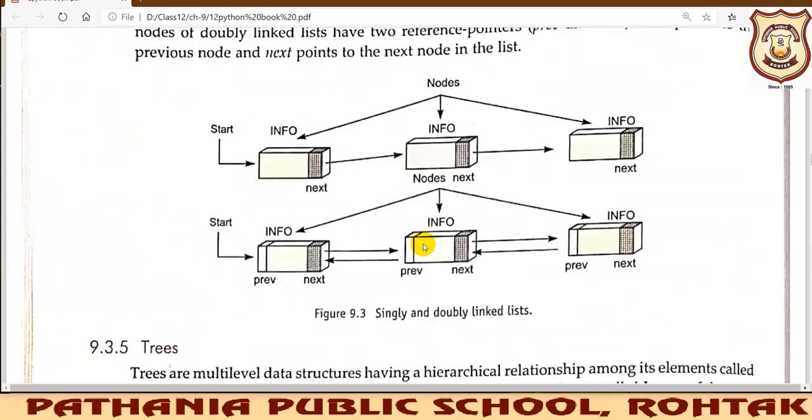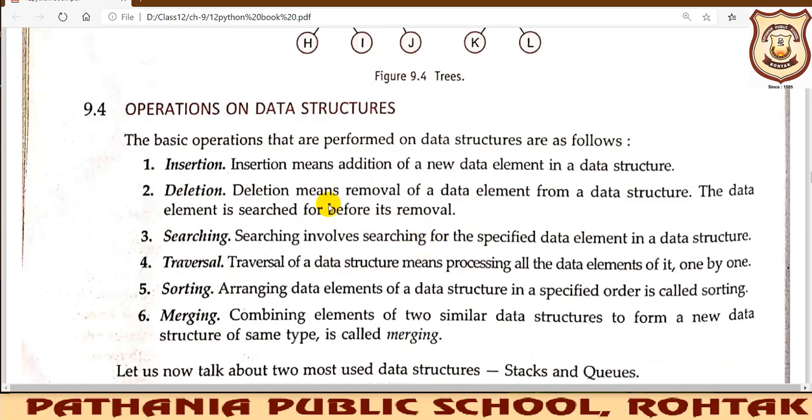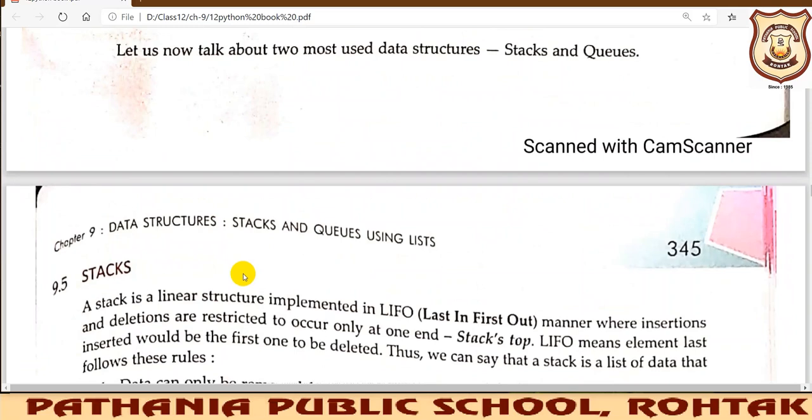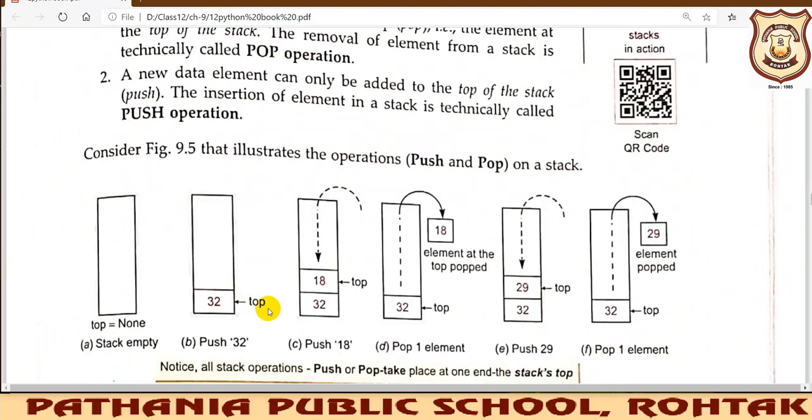Okay, so the next operation we can do is searching. In a stack we can search for a given element. See, it is not like we are storing plates. That was just an example to make it clear how the data is being stored in a stack. Actually, the stack will look like this. Okay, an empty block initially, and top is none because there is no element inside it. Once we insert an element inside it, the top will point to this particular location.